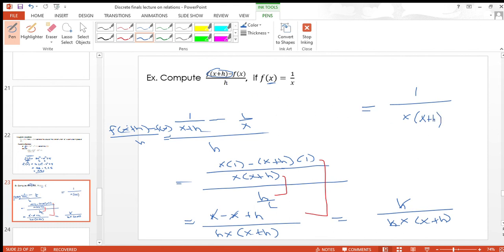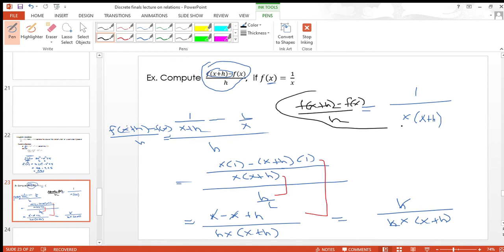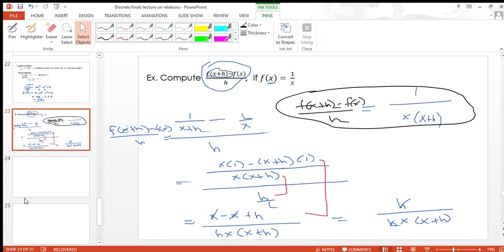This is now the value of f of x plus h minus f of x all over h. Okay. So let me just rewrite that if you like to see that. This is f of x plus h minus f of x all over h. And this will now be our final answer. Okay. And the good news is that's the end of all our lectures in